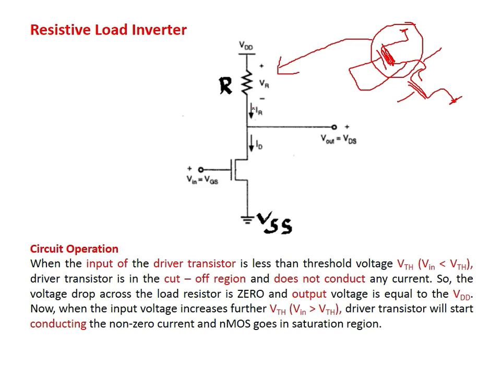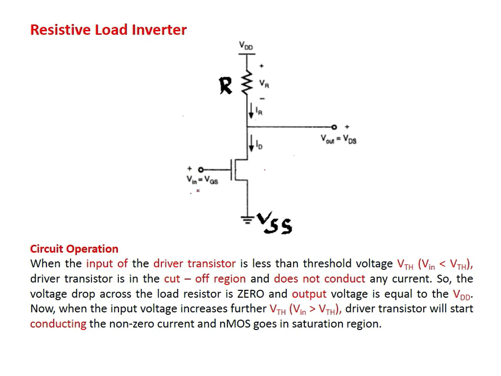In this case, if Vin is equal to logic 0, then what is happening? This NMOS transistor turns off. Whenever Vin is low, or logic 0, this transistor is off. Off means open circuited. In that case, VDD is directly connected to the output, hence you will get a high output. Next case, whenever Vin is equal to 1, that is high, this transistor turns on.